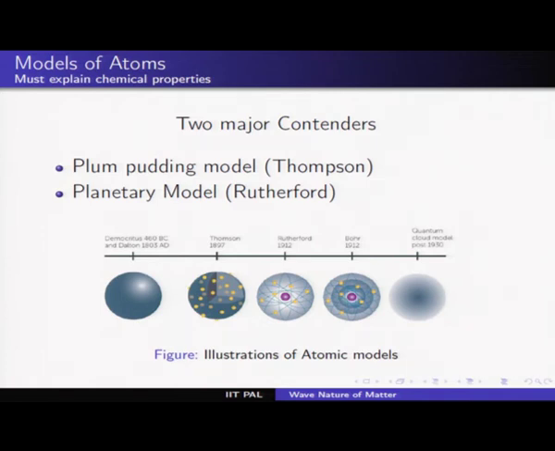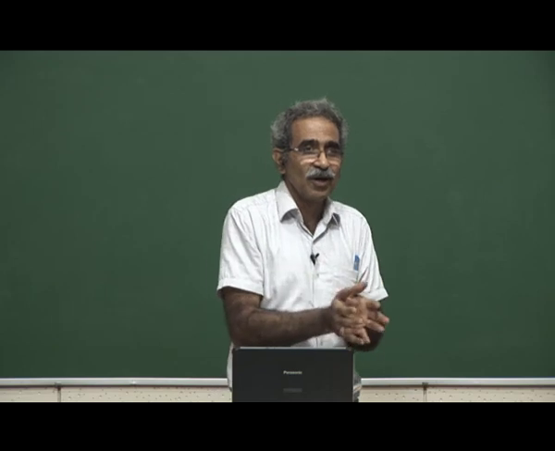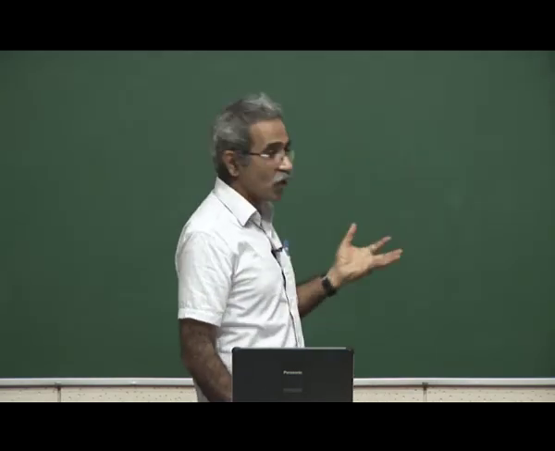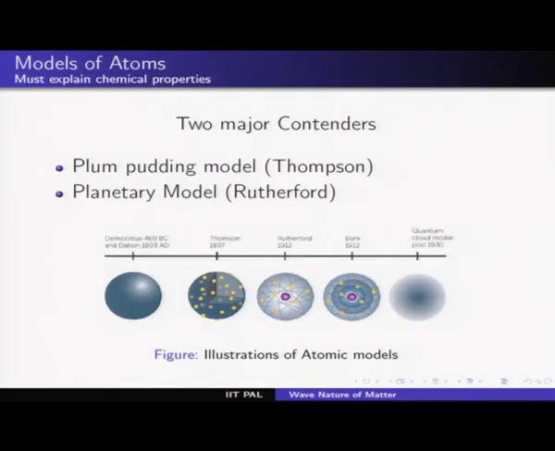The Thomson model imagined that an atom is what? A uniform distribution of positive charge. So that is your some fruit. So that is the plum pudding model. And inside those yellow lines that you see, they are actually negative charge particles. They are all so distributed such that the whole system is stable, and then of course it behaves as a single entity.